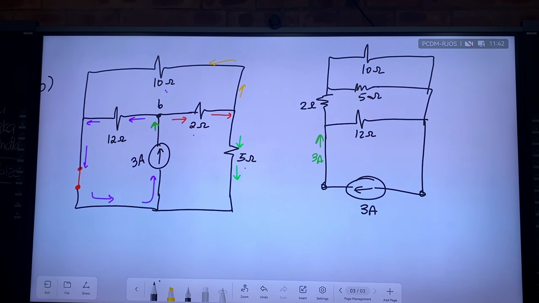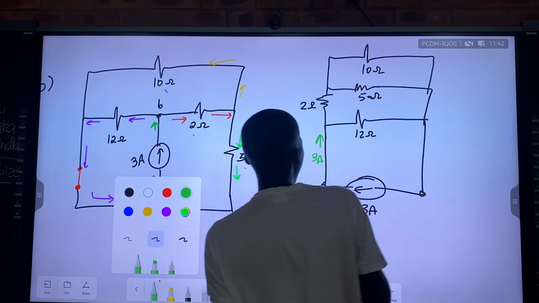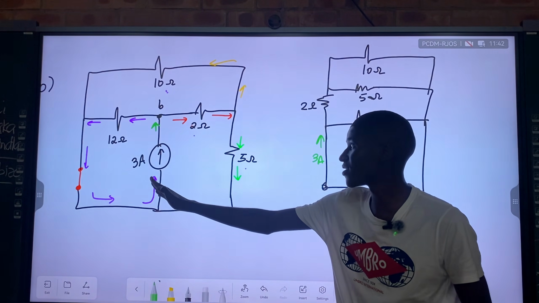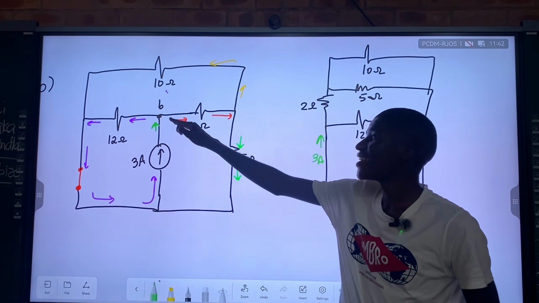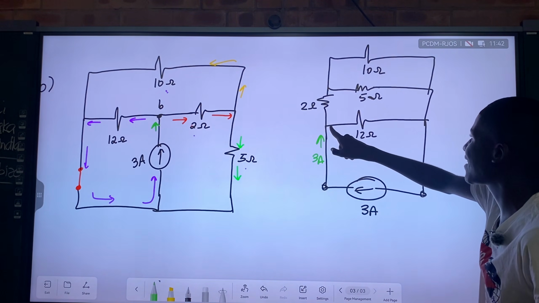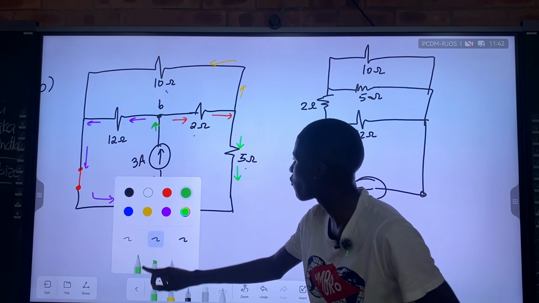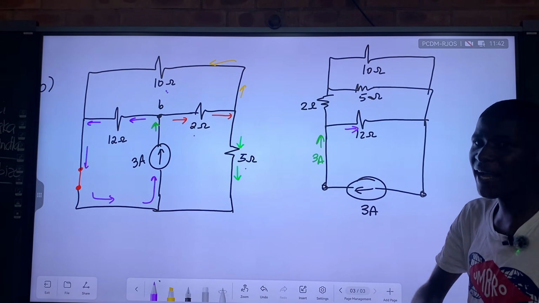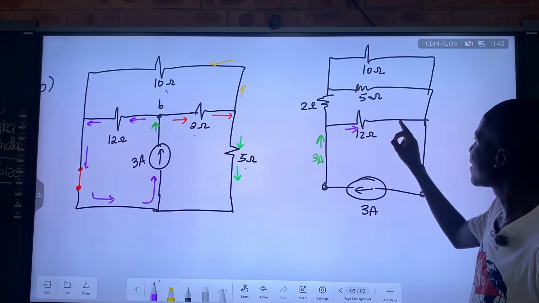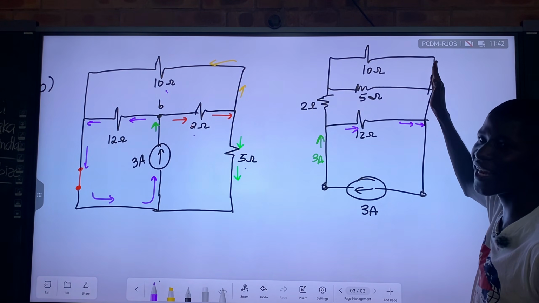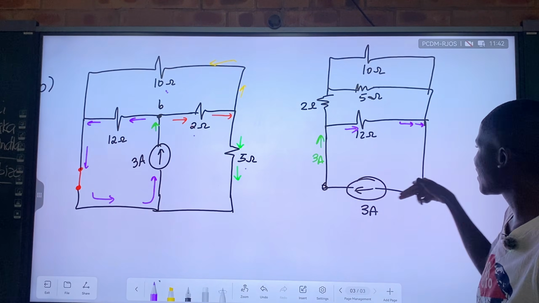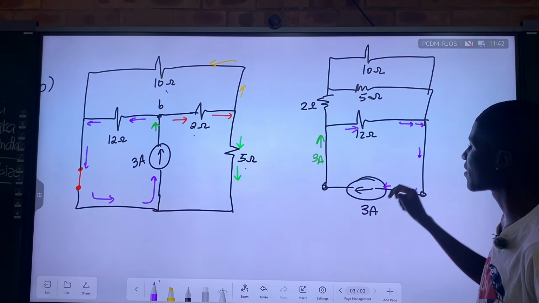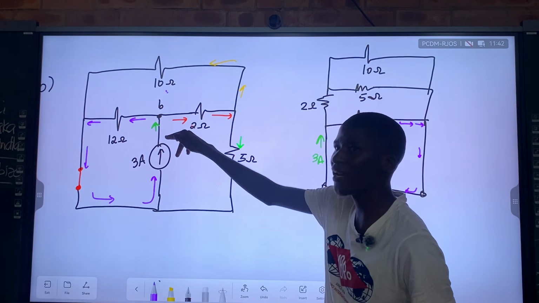This is 3 amperes from the current source, right? From the current source. If it meets the divider, some of it goes to the 12 ohms. Some of it goes to the what? To the 12 ohms. This purple current goes through the 12 ohms. Then when it gets there it does not go any further, because there is an easier part, and it will come back to 3 amperes.